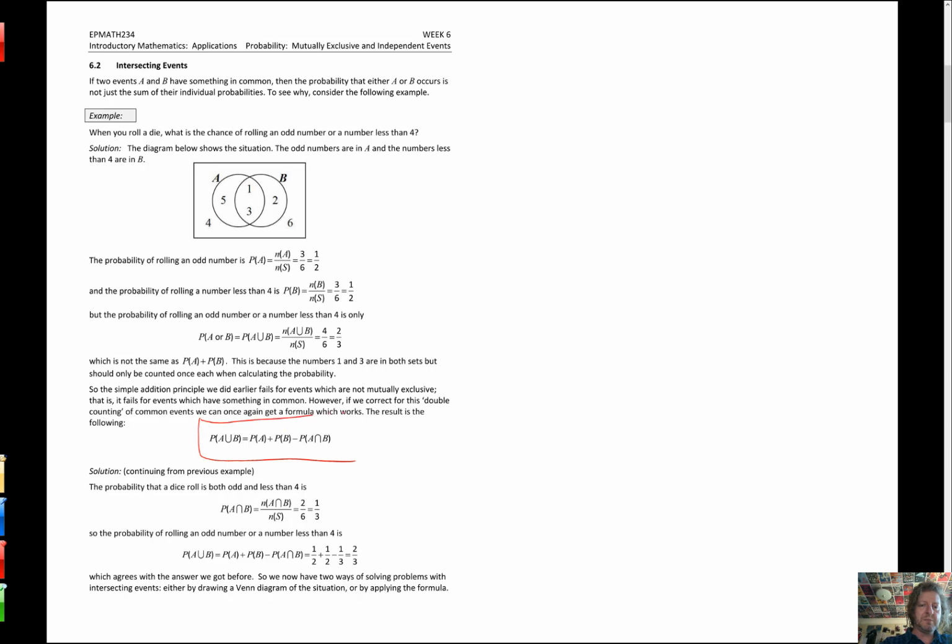Basically all of this page is about this formula I just put a box around. It's saying that if they were mutually exclusive on the first page, this part of the rule didn't exist. The first page said probability of A union B is probability of A plus probability of B. What this page says is that probability of A union B is probability of A plus probability of B